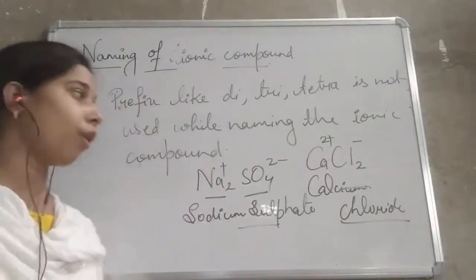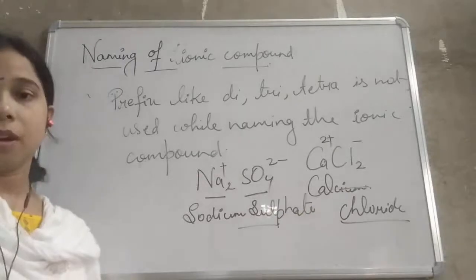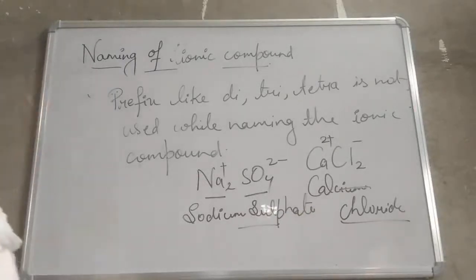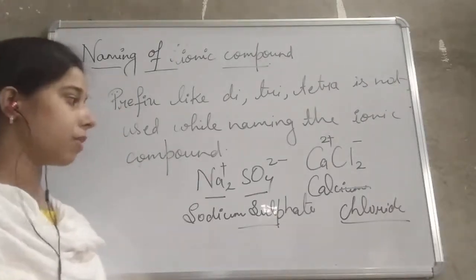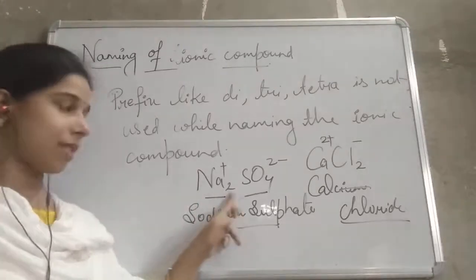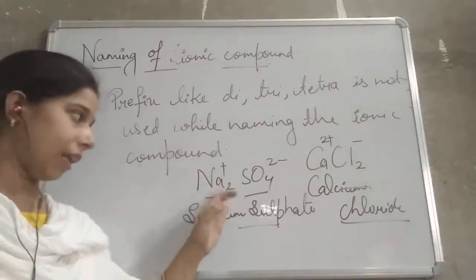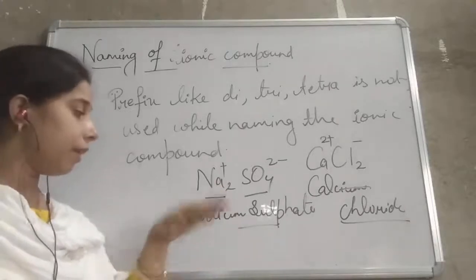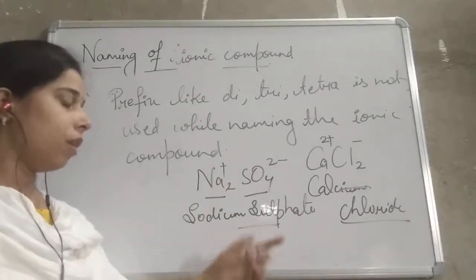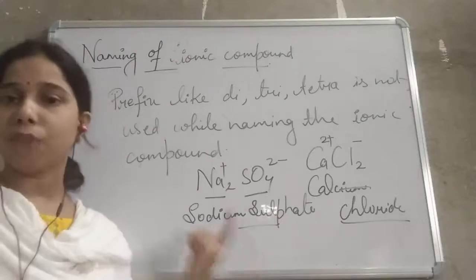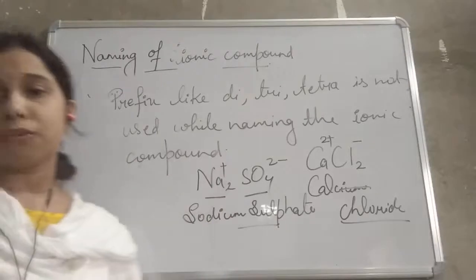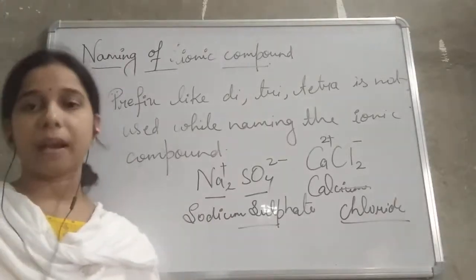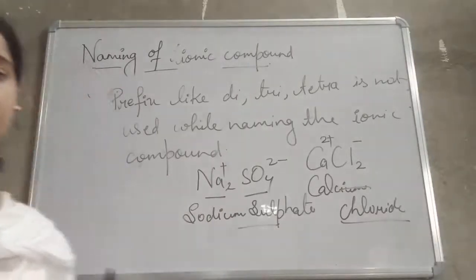We do not use the prefix for it. A lot more examples are there, like potassium phosphate. So all these are examples. Although there is a subscript and different numbers of atoms attached, we will never mention the prefixes while writing the formula of the ionic compound. So this is what we have studied about naming. How can we name a binary compound or an ionic compound?